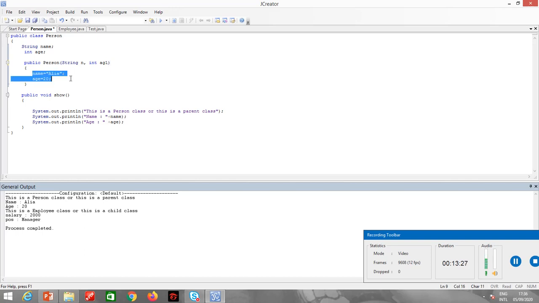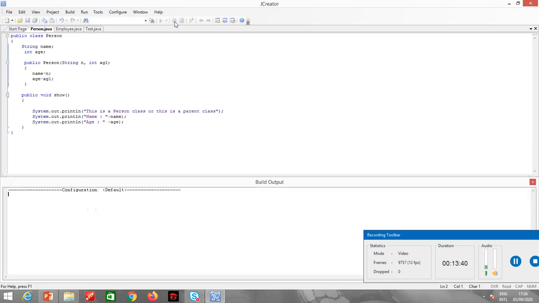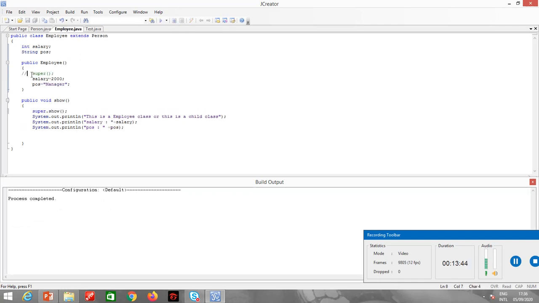Here I will initialize it: name is equal to n, age is equal to h1. Now here I will do the same thing also: int salary, string position.